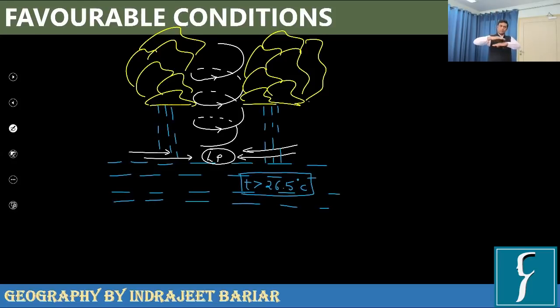It was rising normally, reaches here. By this time, it has become relatively colder. But then condensation again added the heat, so it again becomes heated, and so it further rises faster. When it rises faster, what will happen to the low pressure here? The low pressure will become stronger. Rising air, low pressure. So the fast rising air results in strengthening of the low pressure, and this goes on